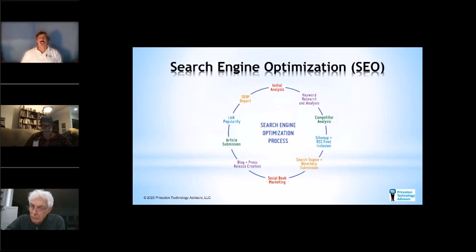So search engine optimization. Again, the programs that find websites like Google, Bing, Yahoo, and others, those apps are called search engines. And the process of search engine optimization is optimizing your website and even your social media presence so that the search engines can more easily understand your content and display it when someone's looking for it, based on the entry they put in the keyword search.